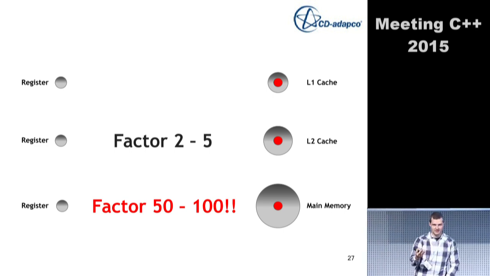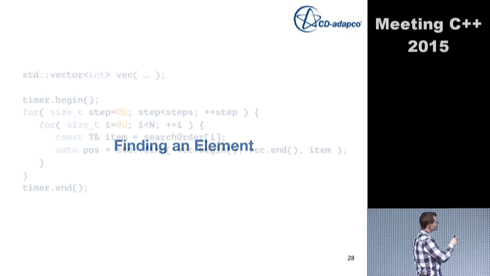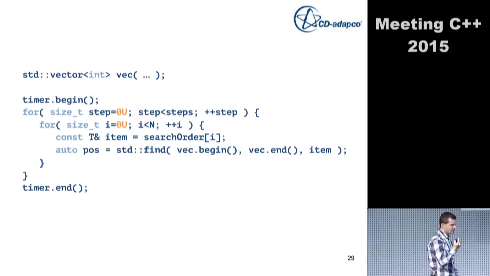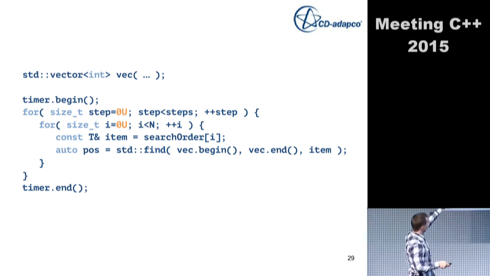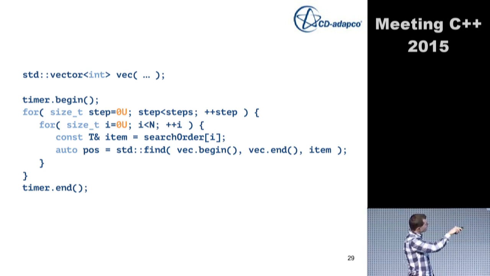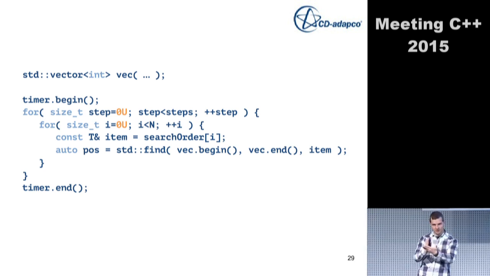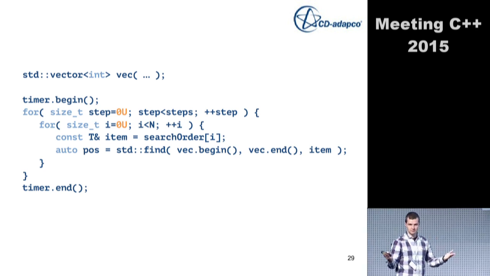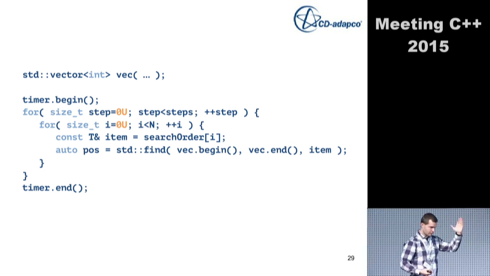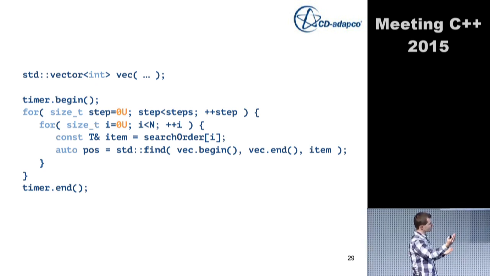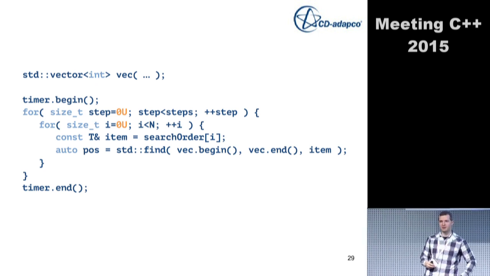The next thing that we want to do is just finding an element, an arbitrary element. So we have a collection of elements that may be sorted, of course, and we just want to find an element in this. The benchmark is, of course, not designed to find a single element. This would be, again, too fast. So what I'm doing is I have n elements, and I have to find a search order. Okay, first pick this element, then pick that one, and then the next one. And I'm finding all of them. So, of course, I will eventually search for the first element, but I will also search for the last elements, and of course, most of the time I will pick something from the middle of the container.